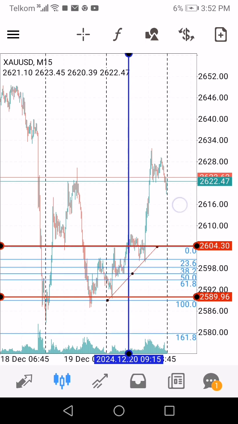You call it what? The 50% retracement is like market support and resistance areas. Yes, guys. So this topic, I wish you understand the last topic about